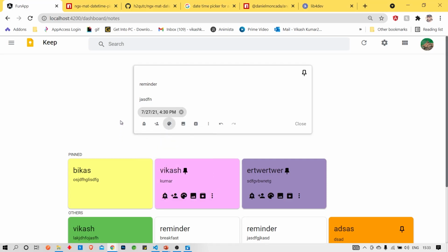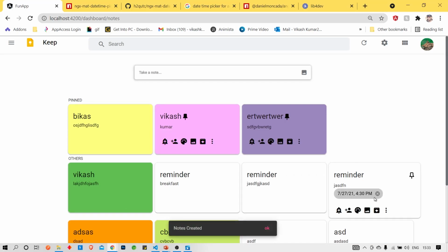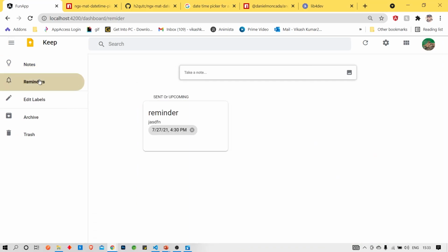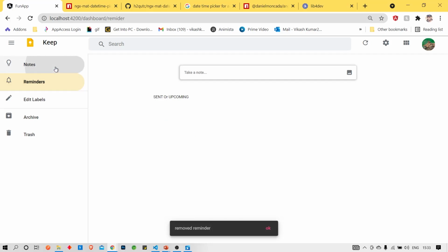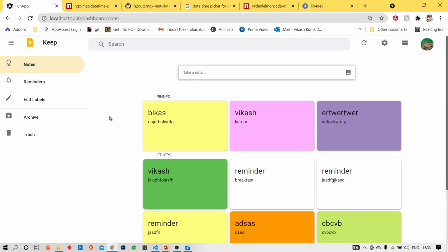So this is the node, and once I click, we can say the reminder node is created. If we go in the reminder tab, then here also we can see that the node is presented. And if we want to remove, we can also remove the reminder, and from there also it will get removed. And there is an edit label.